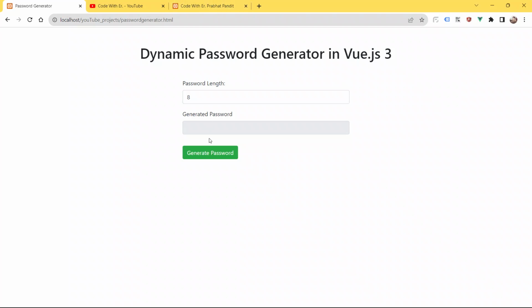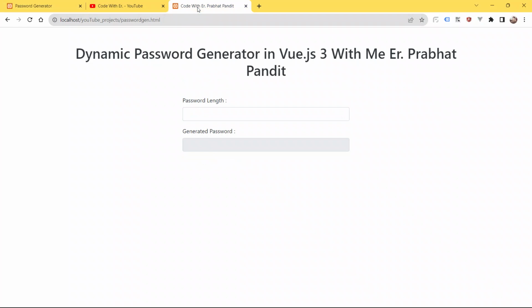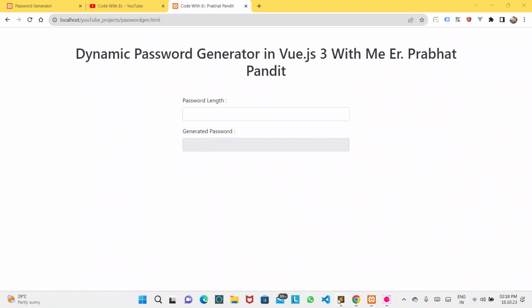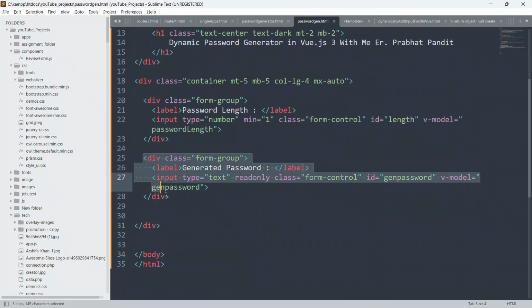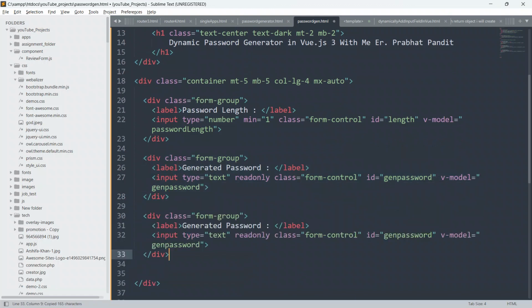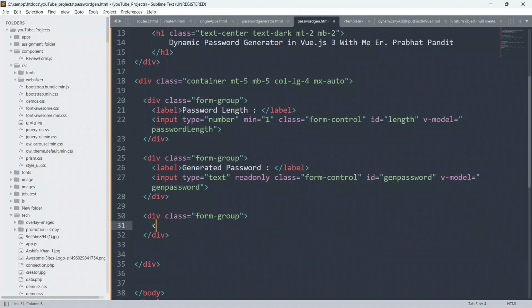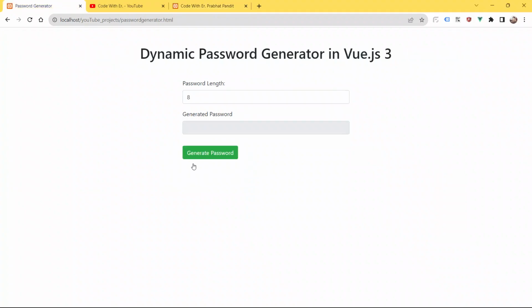So now we have to create this button also. Just go to our code and create the button. Copy this div and paste it here, remove all these things, and create a button element. Close this button first, and I'll give the text generate password.